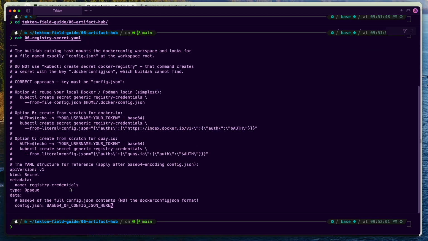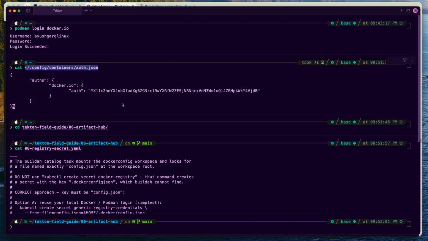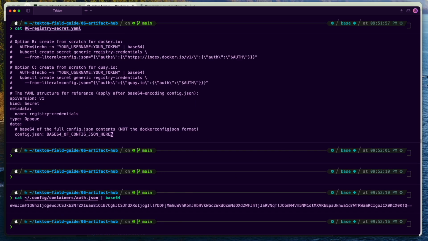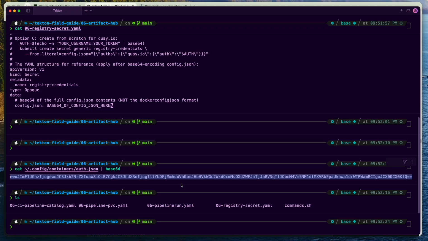YAML, in the secret YAML, I have clearly mentioned that we need to base64 the config.json file. So for that, we can cat that file and base64. So this is the actual value with which we need to make the changes. So for now, we can modify this particular file